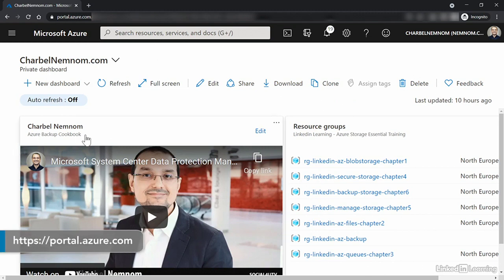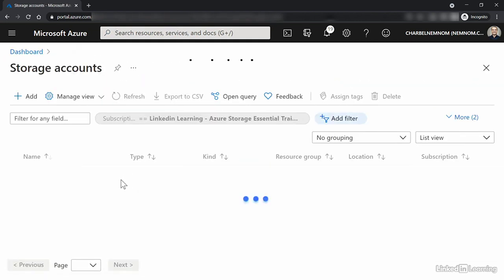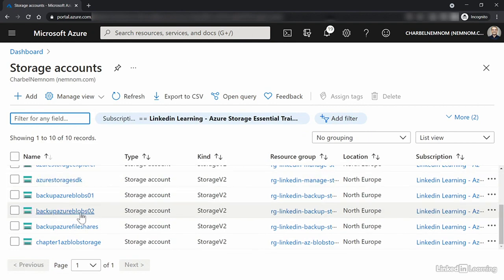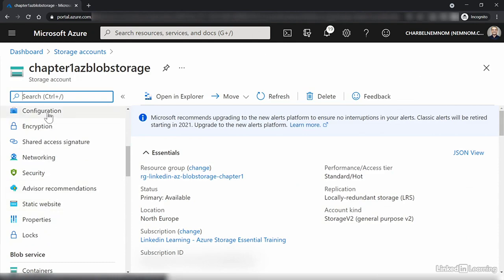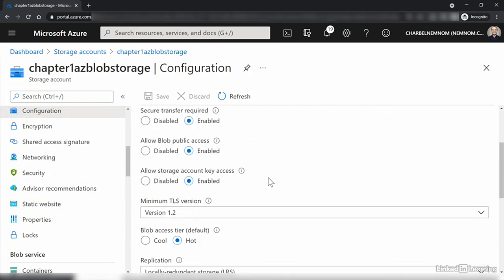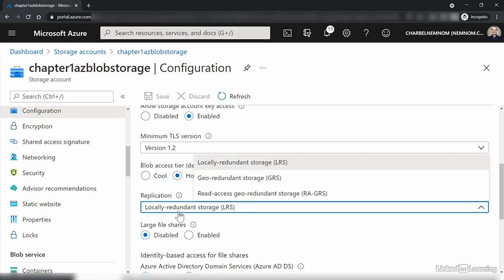There are several tools available that you can use to manage Azure storage. Using the Azure portal, you can amend the access tier for the storage account from hot to cool and change the replication options. To manage a storage tier in the Azure portal, search for storage account from the search bar. Select one of your storage accounts in the displayed list and then click Configuration. You can change the default access tier from hot to cool and the replication from LRS, GRS, and read access